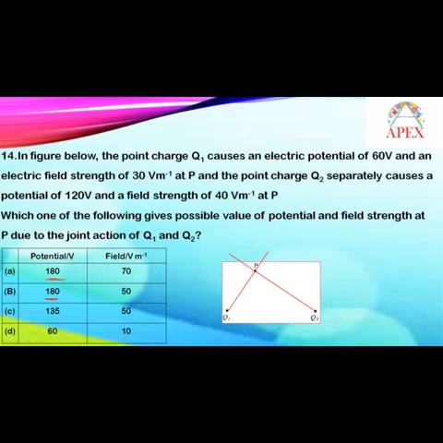And of course, you can imagine here, it appears like the angle between the two electric fields is 90 degrees. Hence, you can take root over 30 square plus 40 square for the two electric fields. It will be 50, the possible answer here. And the answer should be in between 10 and 70. So the second option is the correct one. Next.